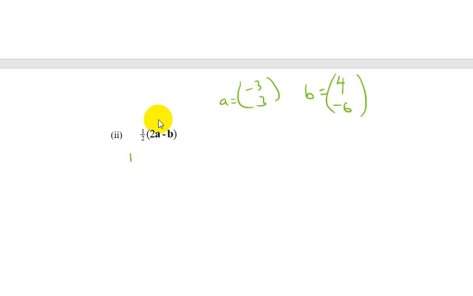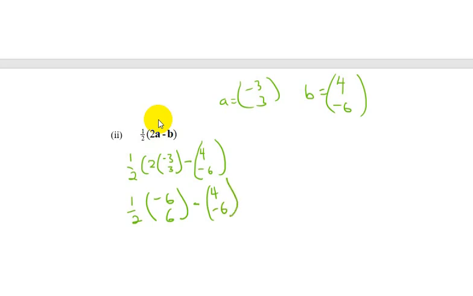We are going to get 1 over 2 bracket 2 another bracket minus 3 bracket close minus B, that is 4 minus 6. Okay, so we will just have to follow. It's not difficult. So our 1 over 2 will come again, then 2 times minus 3 will give us minus 6, then 2 times 3 will give us 6. We close it, then minus 4